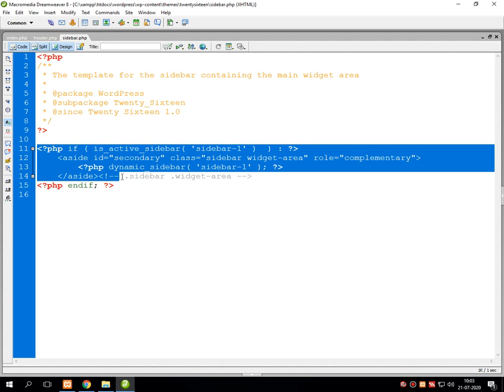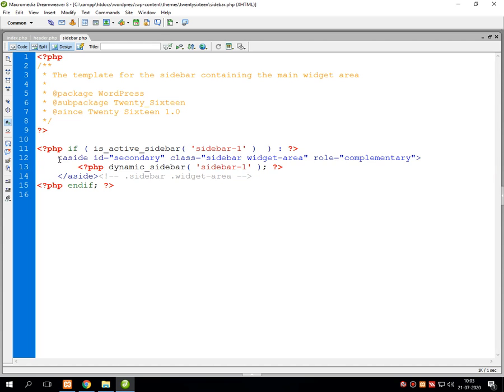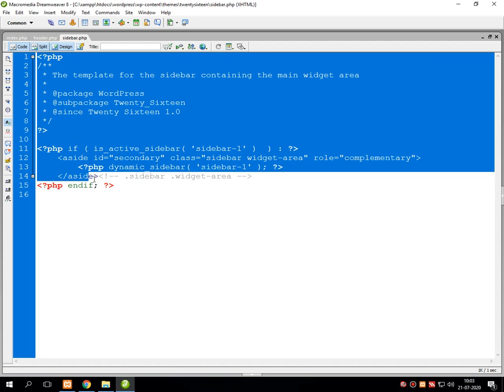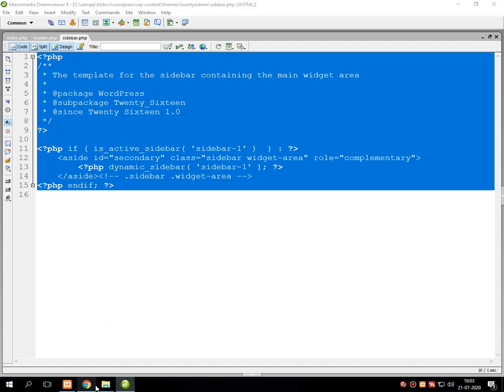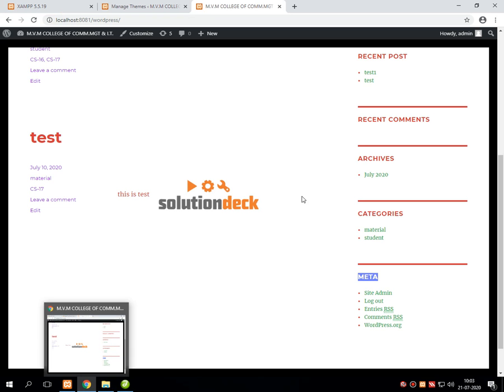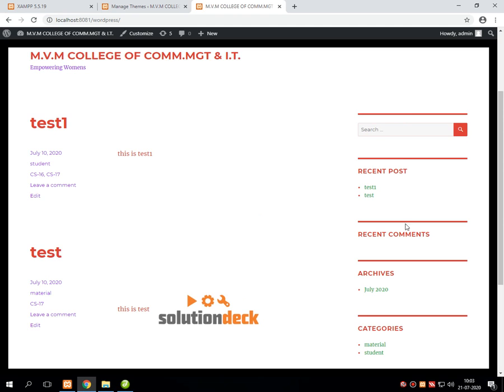Once all these lines get completed with the static part also, the PHP tag is enclosed with an endif statement, because we started checking the sidebar with the if statement, so it should be completed over here. So this entire line of code works for displaying the sidebar over the theme.